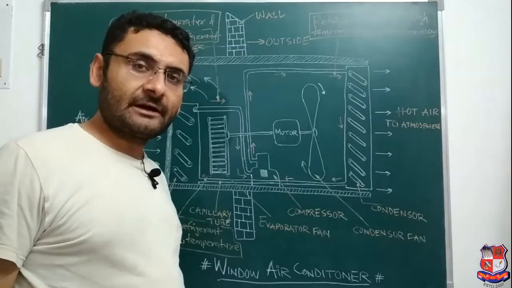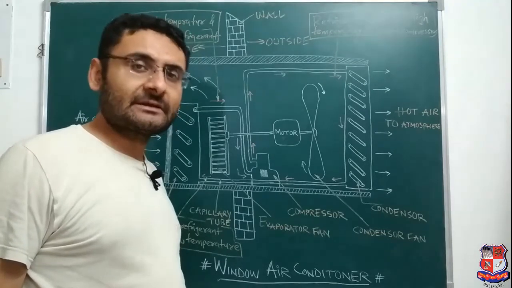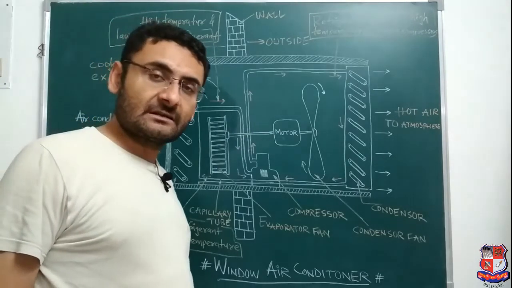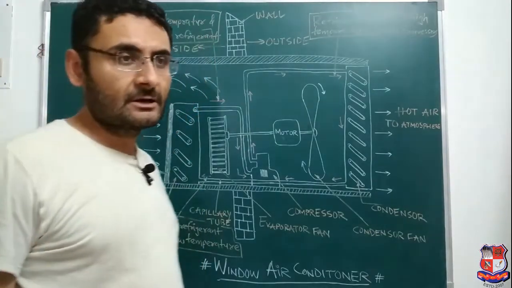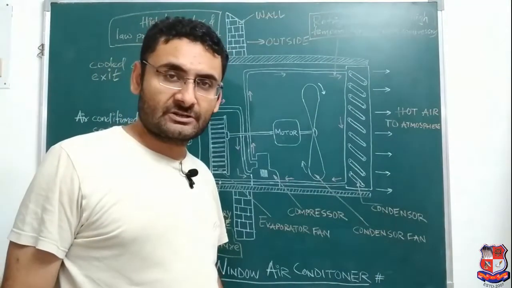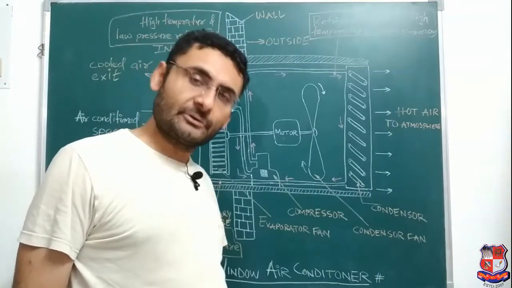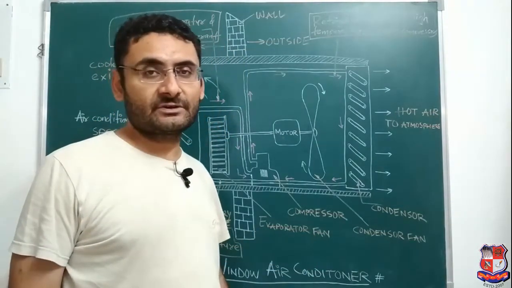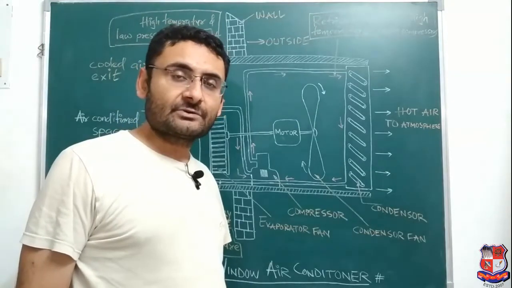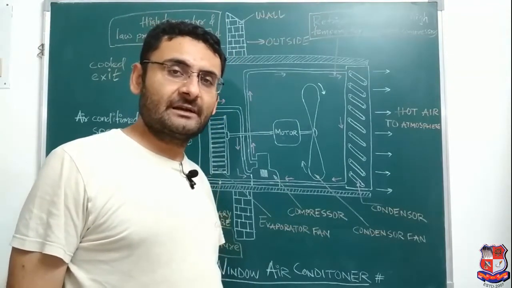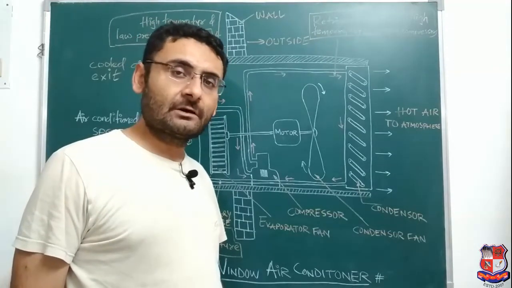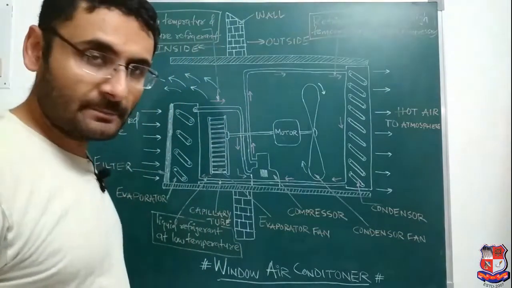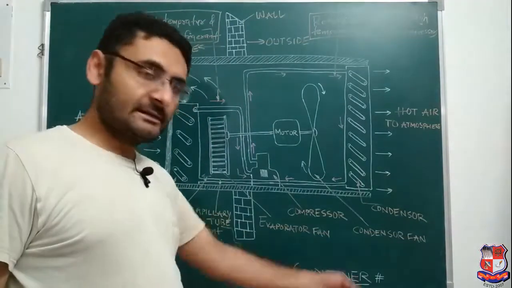In my previous video, I explained the air conditioning process, what air conditioning means, and I classified air conditioners. The last classification, which was very important, was classification based on construction. The first type is the window air conditioner, which we will study today, and the last is the split air conditioner. In my next video I will explain the working principle of a split AC. So we'll start with our new topic, the window air conditioner.